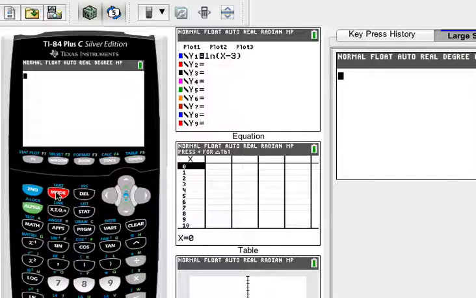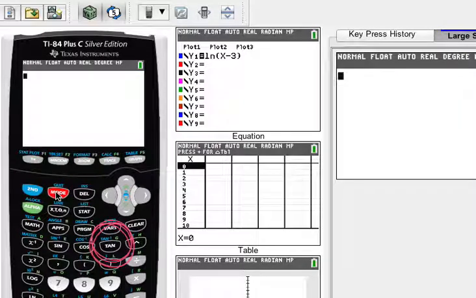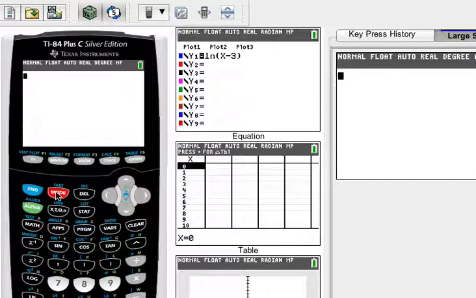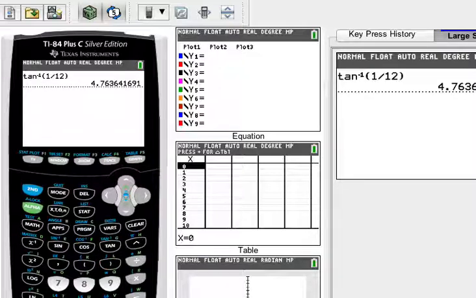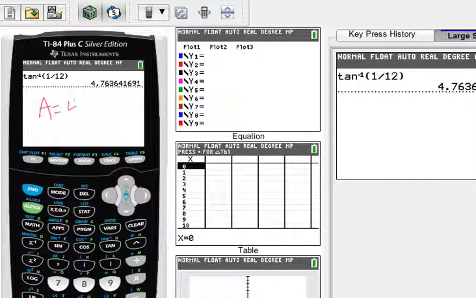So on my calculator, I can go ahead and type tan inverse of 1 over 12. That's going to give me my angle. Notice that tan inverse is above tangent, so we're looking right here on this calculator. Okay, so I'm going to go second tan inverse of 1 divided by 12. And hit enter. And so this tells me that my angle A is equal to 4 point,